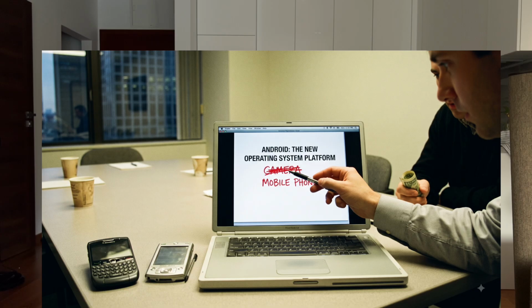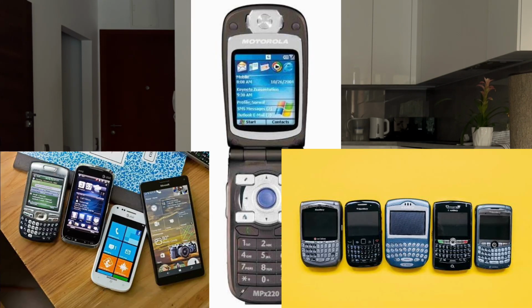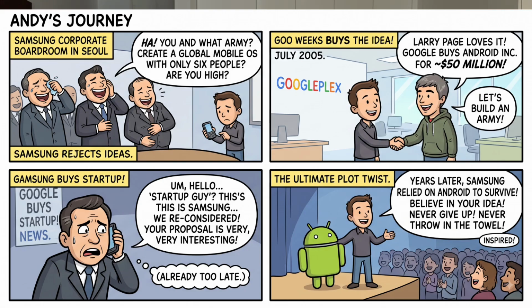But Andy realized the digital camera market was dying, so his team made a move. They didn't rewrite the whole system. They literally took their investor presentation deck, erased the word camera, typed in phone, and started pitching it as a mobile OS to beat BlackBerry and Windows Mobile. Just about 2 weeks after a Samsung executive literally laughed at his presentation, Google bought Android for $15 million. Years later, Samsung ended up having to rely on Android just to survive in the smartphone market. Guys, can you believe this happened?